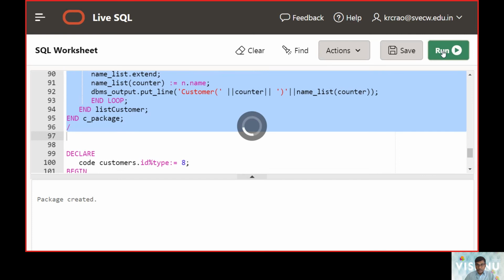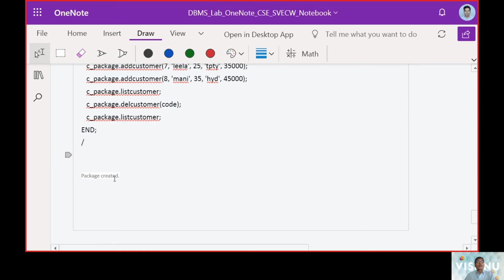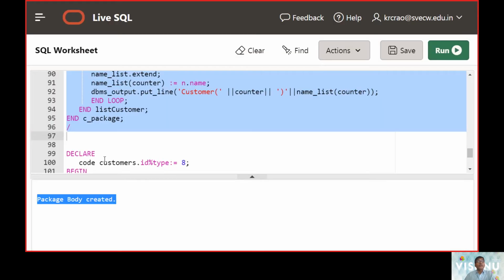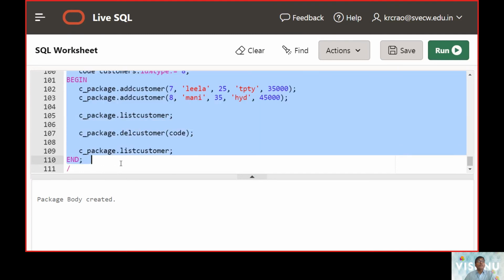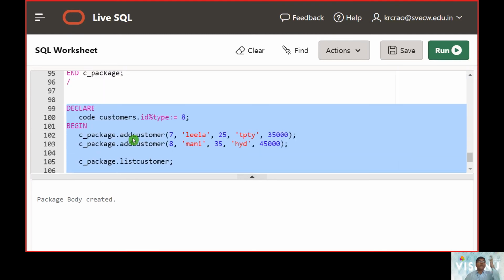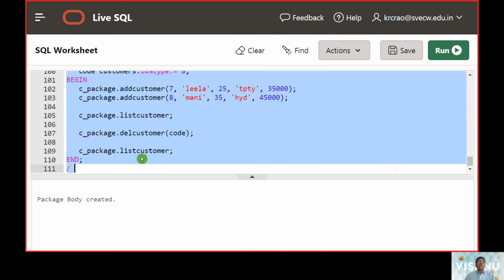What are the three activities? One, it is insert. Two, it is update. Three, it is listing of the items. Now we are going to call the main method. In this main method, we build two customers, then we list them out, then we delete, then we get the proper items, right?